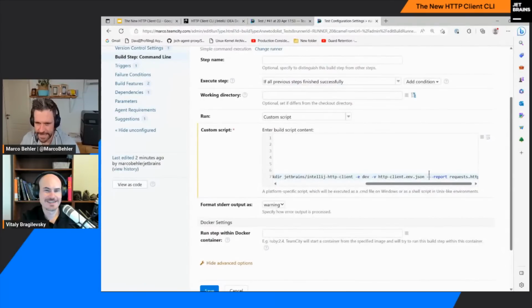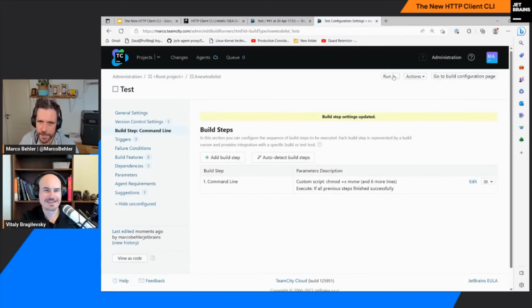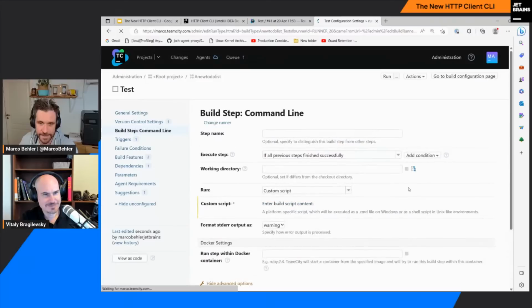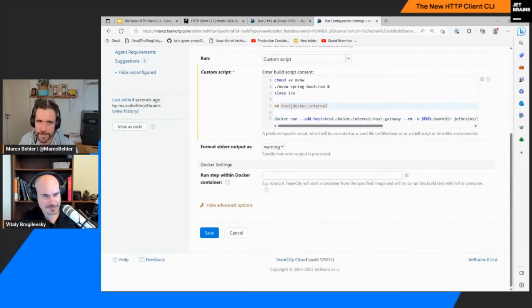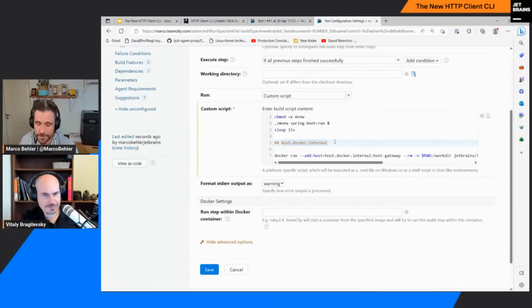It is the -D, uppercase D flag, right? I'm just going to quickly save and run my job. And I'll tell you what now happens when I use the -D flag. -D means that the HTTP client will replace on the fly requests to localhost 8080 with requests to host.docker.internal, which is a special DNS name which references the host, right? So in my case, that will be my build agent where the build is running on and where actually my